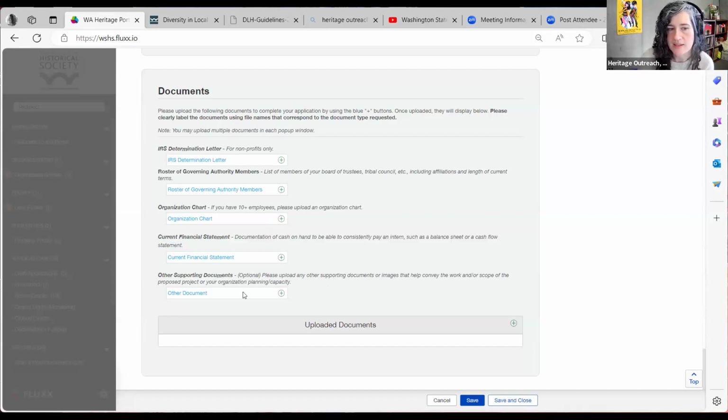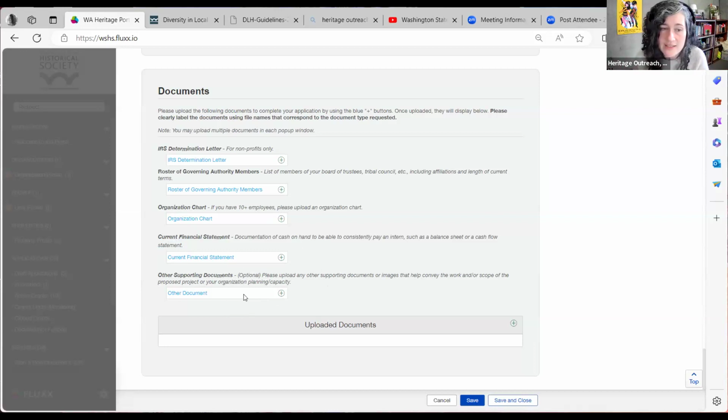Other supporting documents you'll need to upload. These are things that you can upload if you feel that it's helpful for us in reviewing your application.